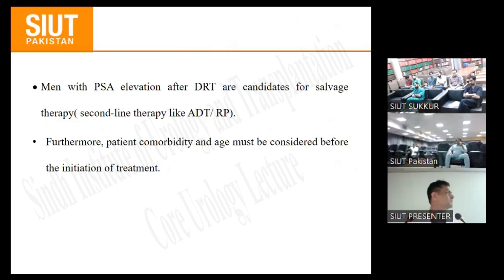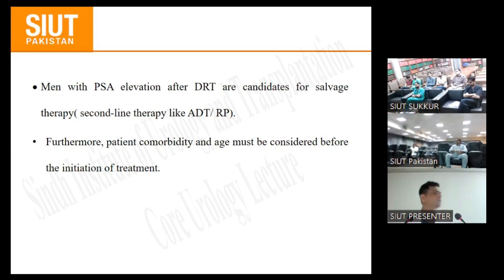Sure. Now, you see, the whole scenario is quite confusing. Quite confusing when you are in a clinic and you want to decide for your patient whether there is something in terms of biochemical recurrence. But just to keep it simple, in a way that everybody should understand and apply the knowledge that is there in the textbooks as well as in the guidelines. The whole story is about localized prostate cancer.